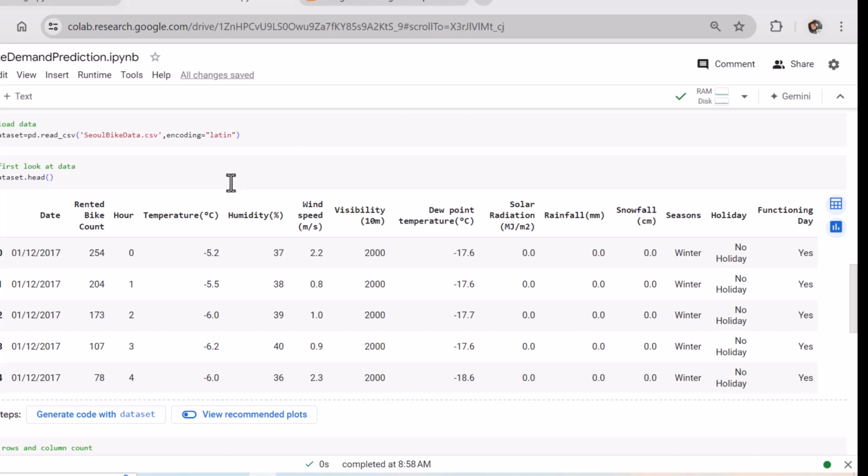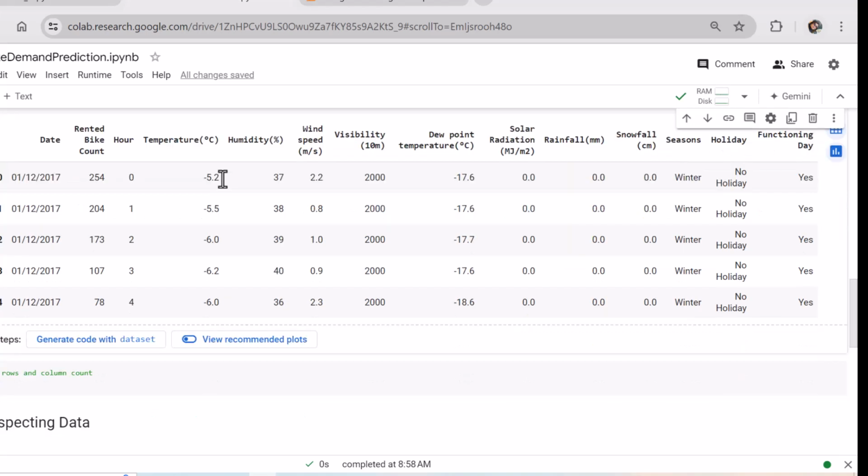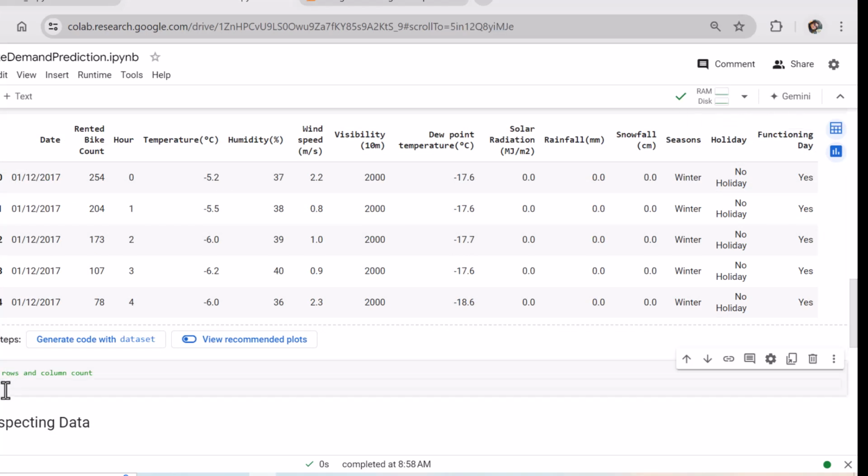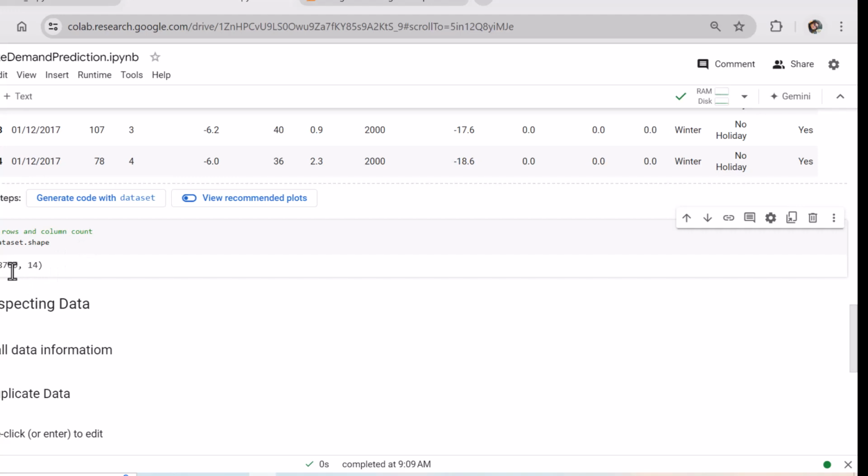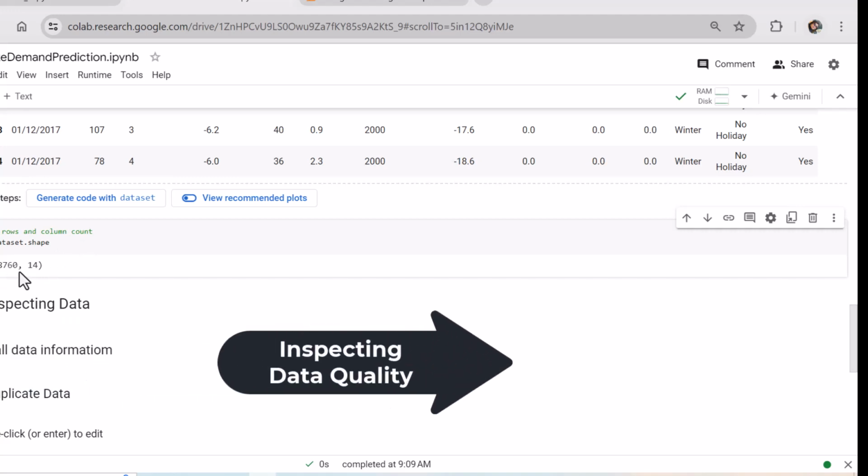So this is ultimately a regression problem where we are going to predict the rented bike count based on important weather conditions for a particular hour. So once we have this first look at the data, let's explore how big is our data. For that we can use the shape method, and it indicates that there are 8760 records in this data set with